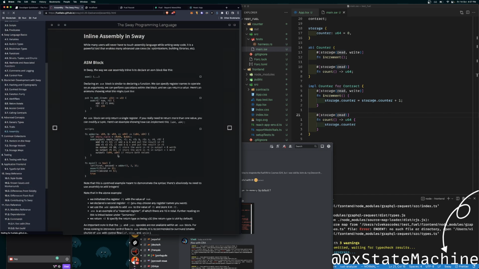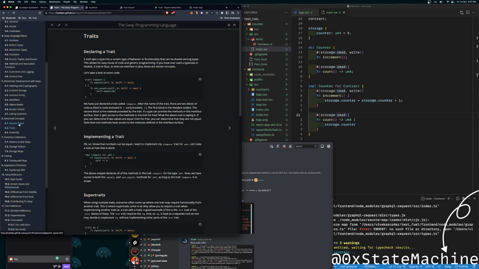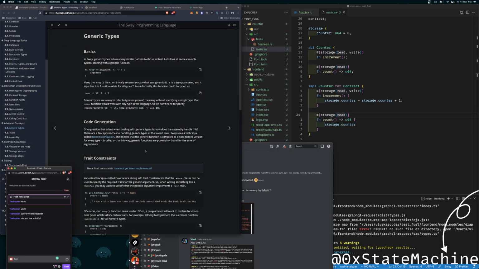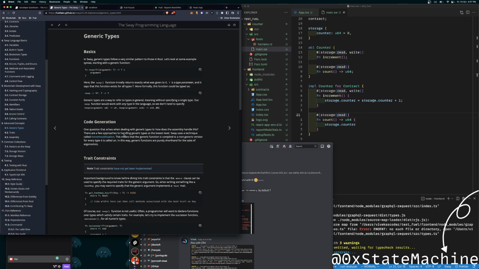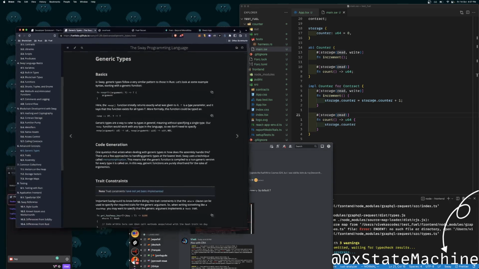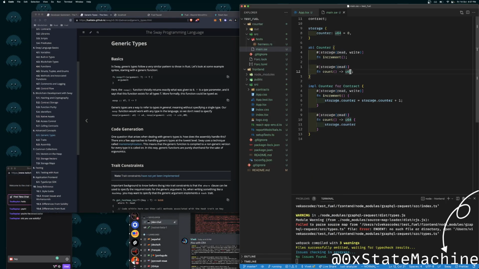They also offer assembly. Interesting. Traits and generic types. It's a bit similar to MoveLang in some ways, although the pattern that we use here to specifically write contracts is a bit different. I have tried Sui Move, in which everything is sort of an object and you deal with objects all the time. In Sway, it's very similar to the way we used to write contracts in Solidity.